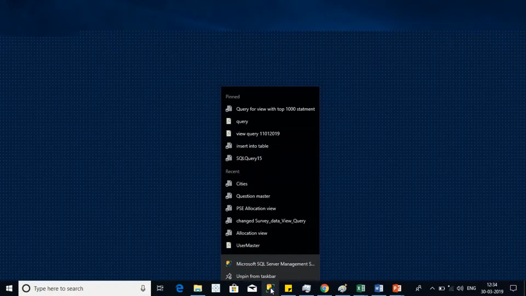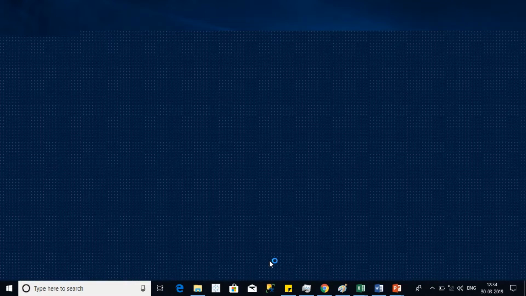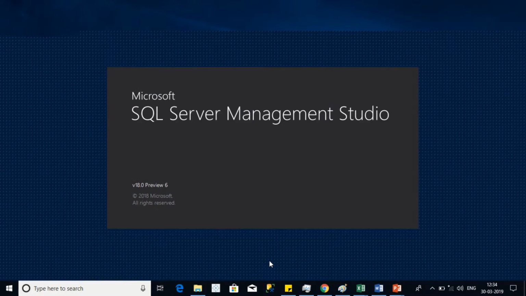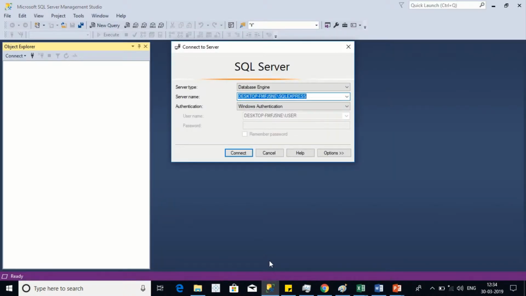Now how can we connect to the database using SSMS? We need to open SQL Server Management Studio and connect with the database server. When SQL Server Management Studio opens, it gives us a window to connect with the database server. First we need to select the server type.